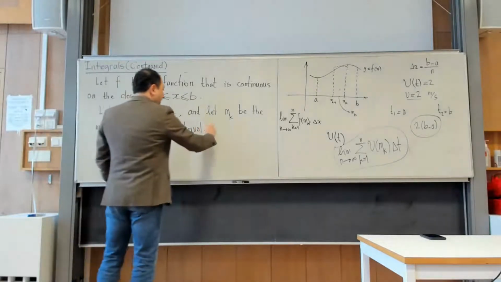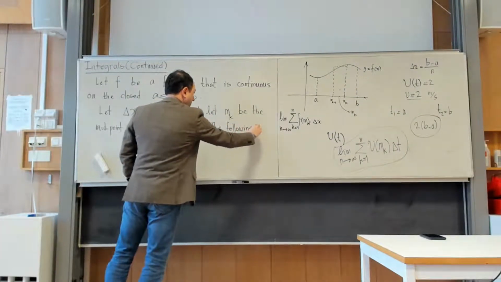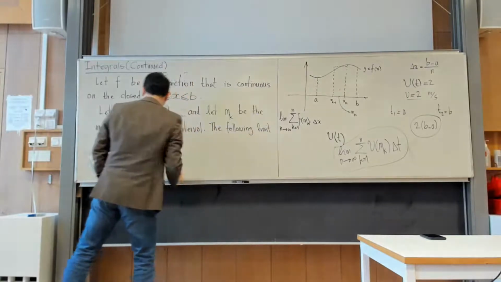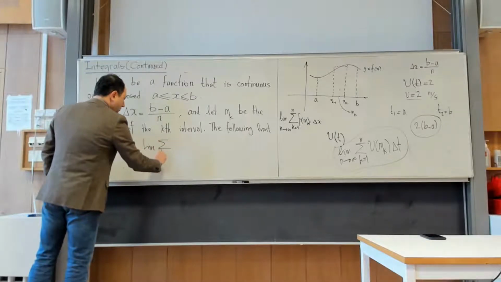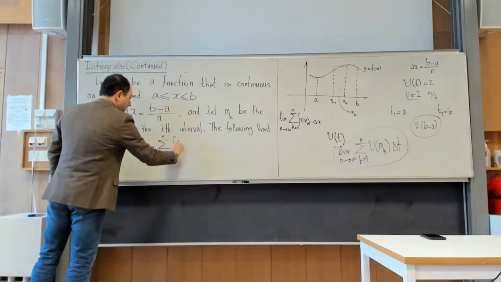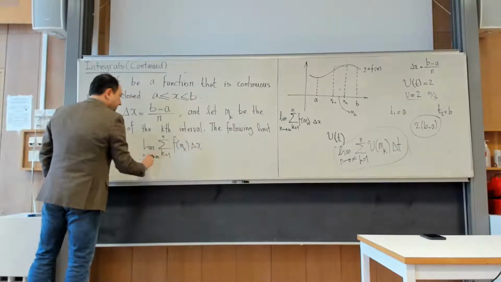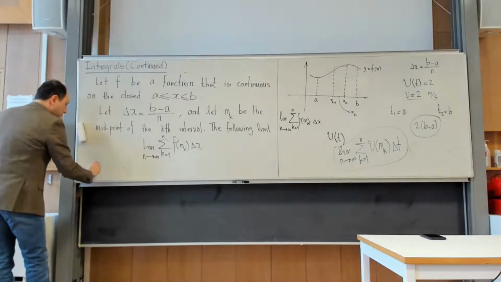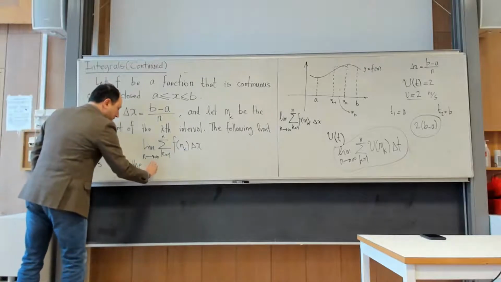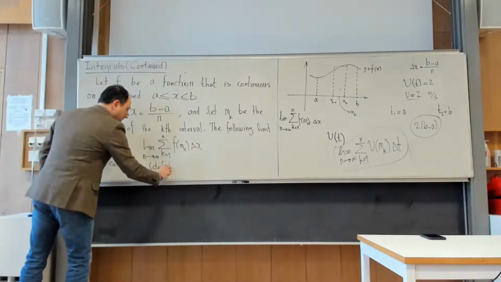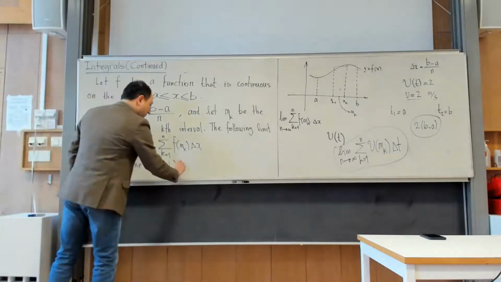Okay, the following limit, let me write it: limit of sigma k goes from 1 to n, f of m sub k delta x, n goes to infinity, is called the integral. So the better name is definite integral. This is not used in your book, so I put it in pair of brackets. It's called the definite integral